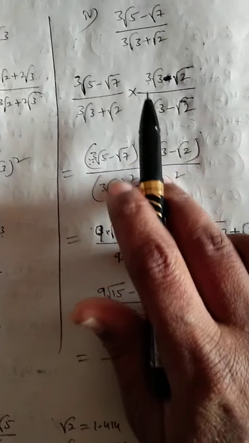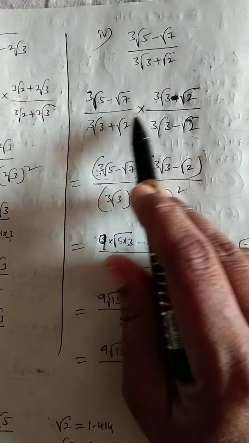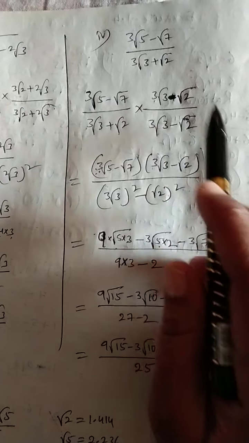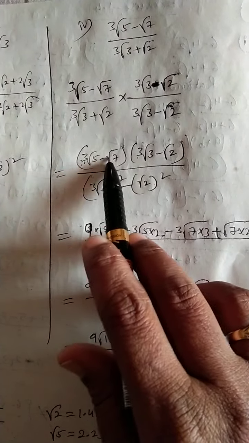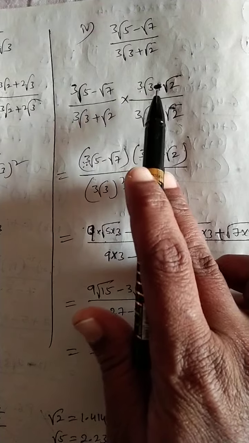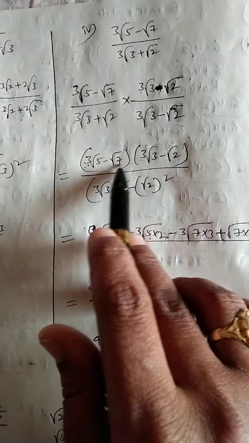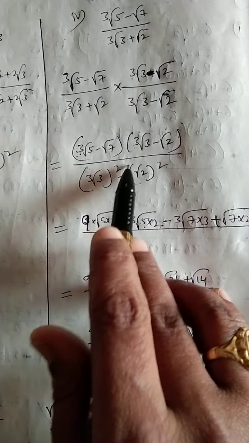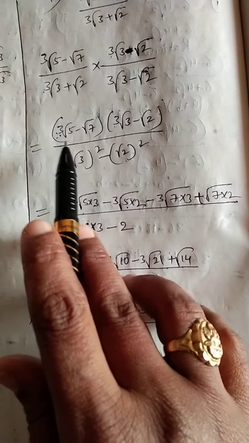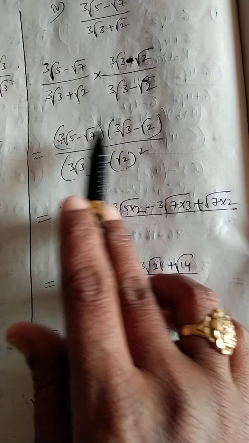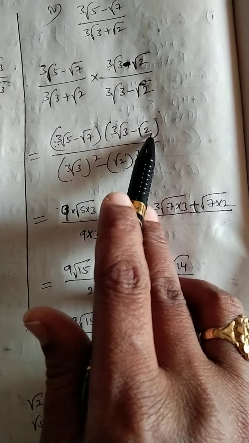Okay, next, fourth one. See this number. Here we can rationalize with the denominator's opposite sign, minus. Okay, this number into this number, as it is, write down. Here different numbers are given, that's why individually you can write. Here a plus b into a minus b, a square minus b square. Now you can multiply individual terms. Okay, my 3 root 5 you can multiply with these two.